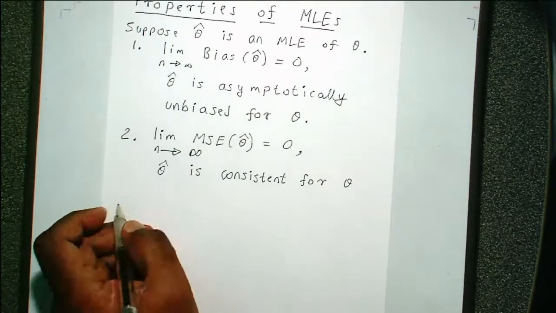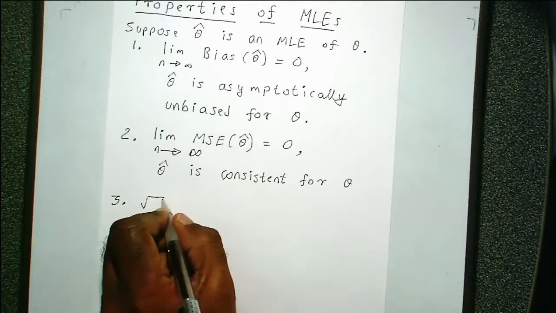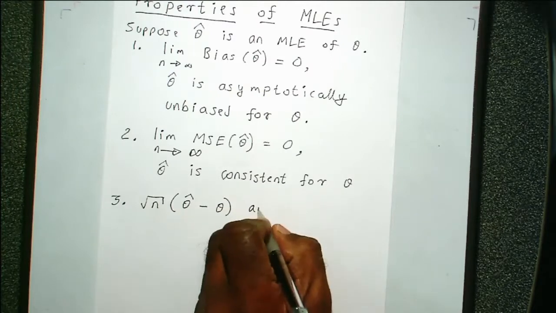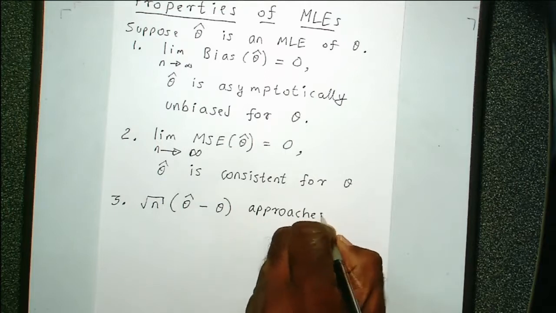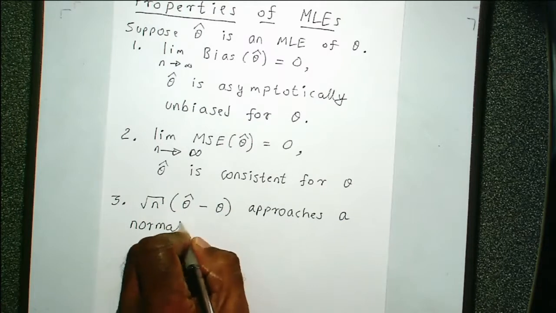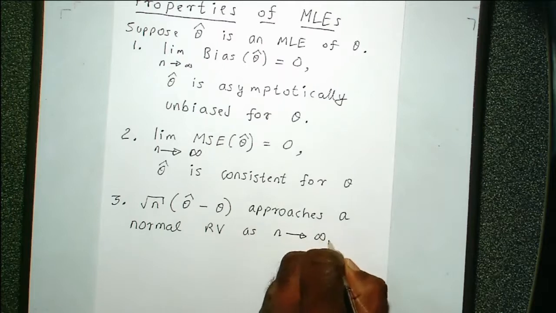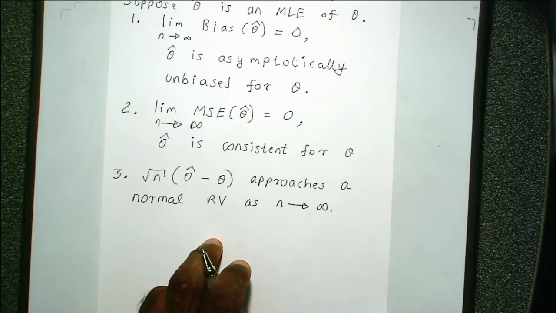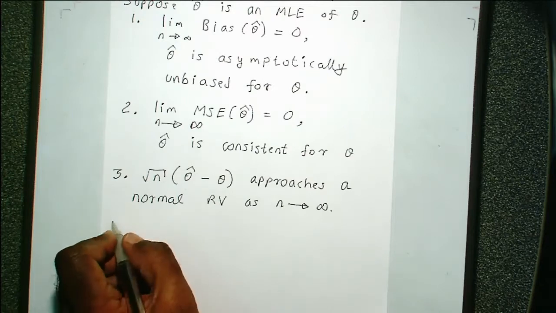Number 3 is the following: root n times theta hat minus theta approaches a normal variable as n approaches infinity. That's number 3. And finally, number 4,